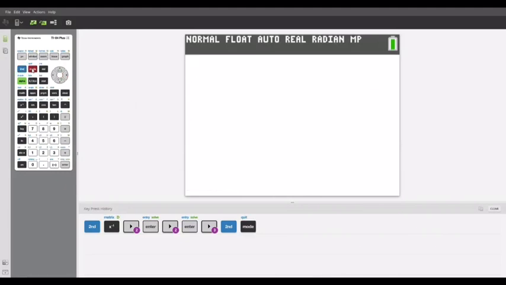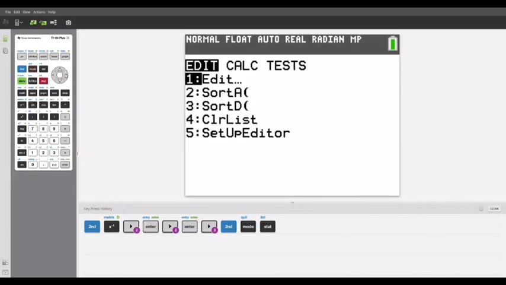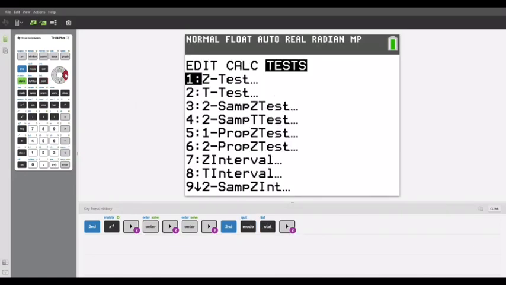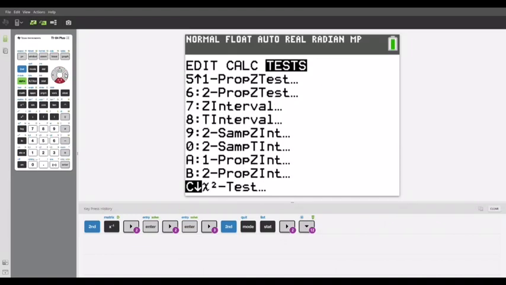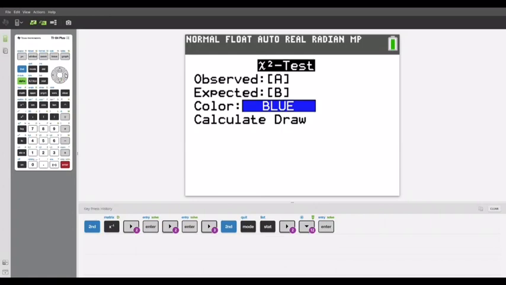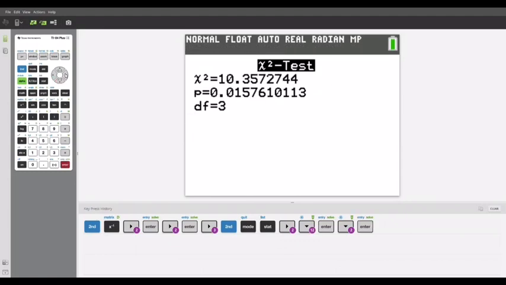And we have to run the chi-squared test. So go to stat, go over to test, and chi-squared test, select enter. Your observed are in matrix A, and I want the expected to be put into matrix B. So we're going to go down to calculate, enter, and you'll notice you get your chi-squared. That's going to be our test statistic, and P, our p-value, and then degrees of freedom. And for this problem, it's asking for our